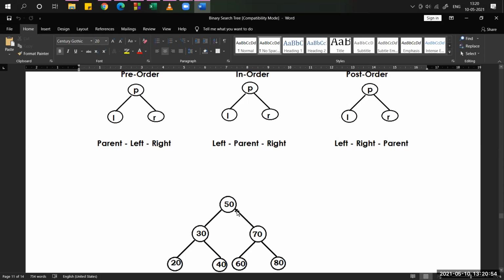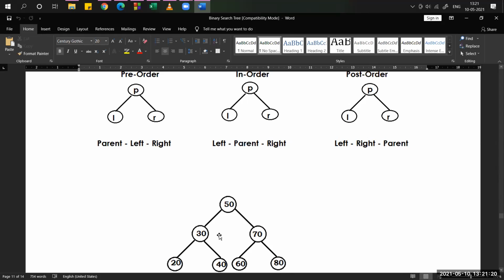Now observe all the nodes at the right side: 70, 60, 80. All of them are greater than the root node, 50. These two conditions are followed, and every node has only two children. That's why this tree is called a binary search tree.